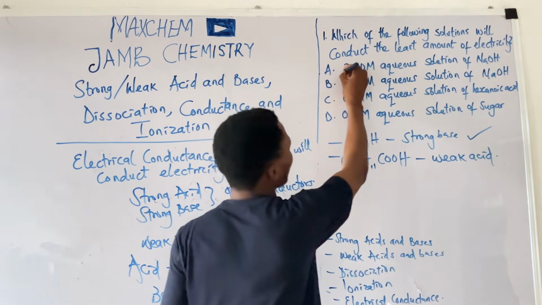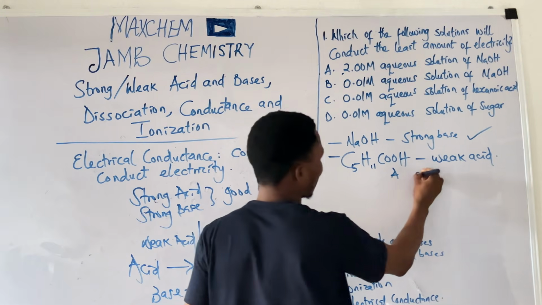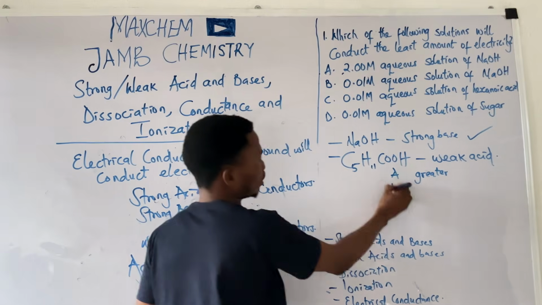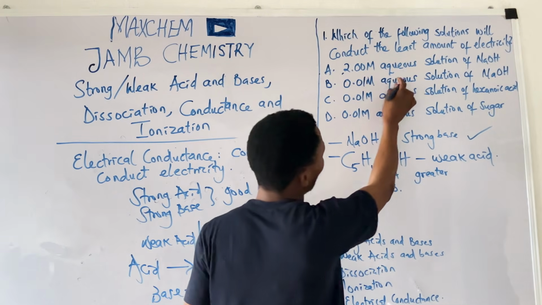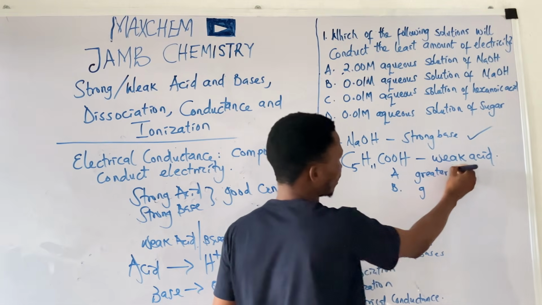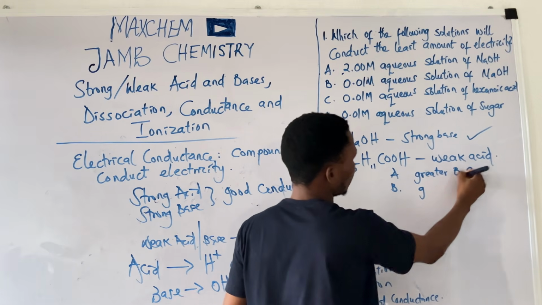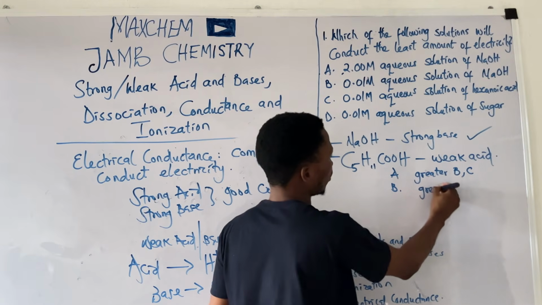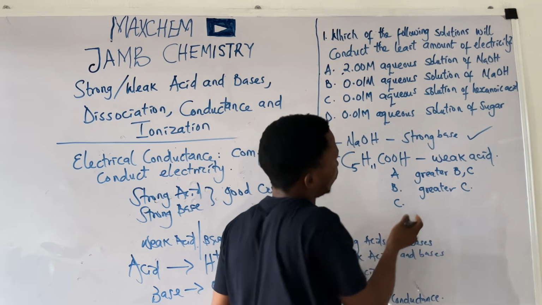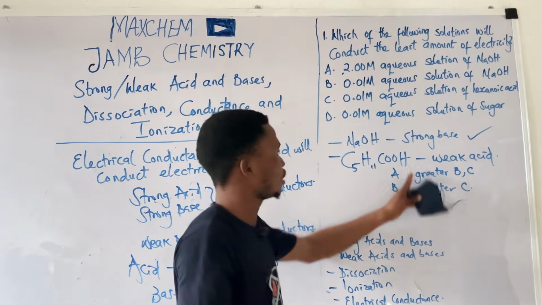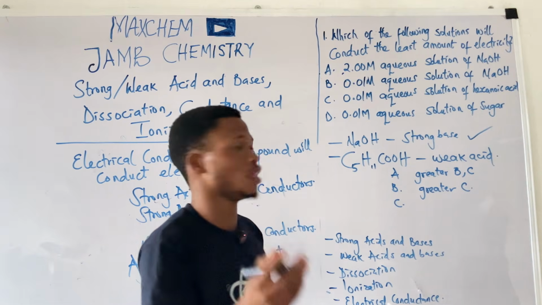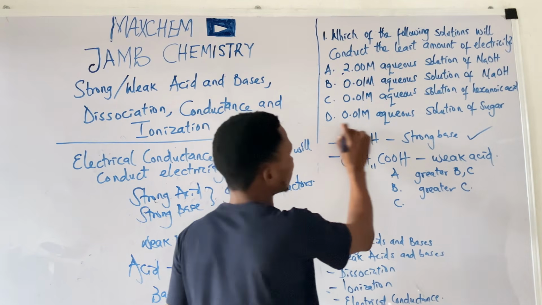The one that passes through option A will be greater than B and C. B is a weak acid also, though it is a different concentration. Option B is greater than C, but option C will pass electricity, though it is smaller than these two because it's a weak acid. I know weak acid will partially allow the passage of electricity, but this question now says